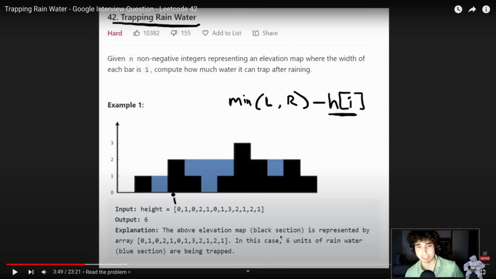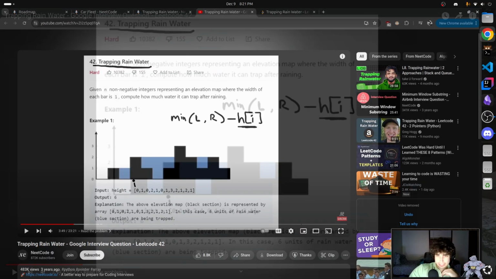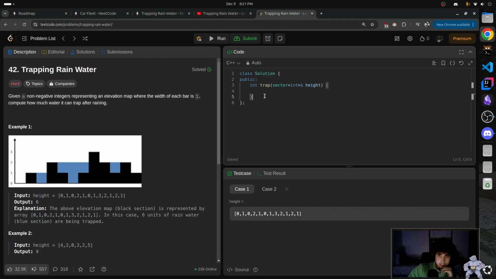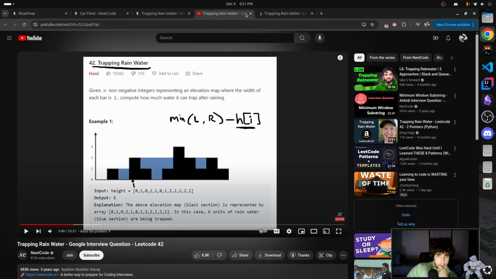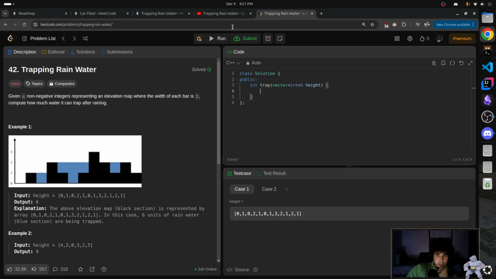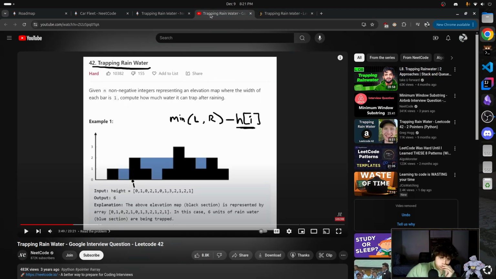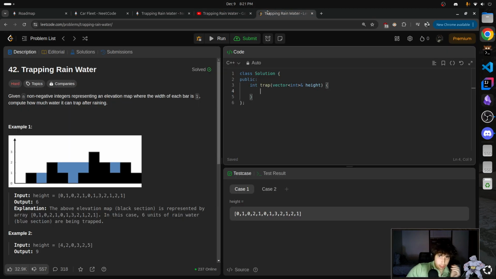Wait, this is just a DP problem. Hold on, let me cook up the DP solution. Let me cook it up. Trap. So we're going to want 2 vectors, I think. Yeah, so vector of ints